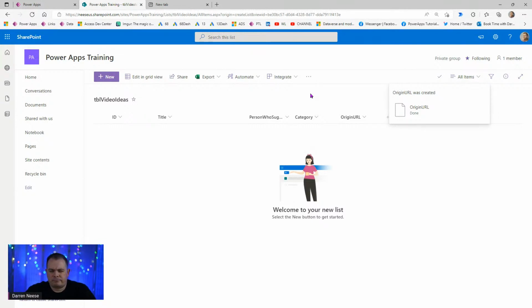Trying to think of other things. I like to create as many columns as we can up front. Now, if this was a real application I was developing for a client, I would be spending a lot more time up front talking to the client, gathering requirements, wrapping my mind around the whole scope of what they needed. And here live, I like to give you guys the opportunity to see how I think on my feet. So perhaps it's not as well polished and baked, but I actually had somebody compliment me on the live streams because they saw that